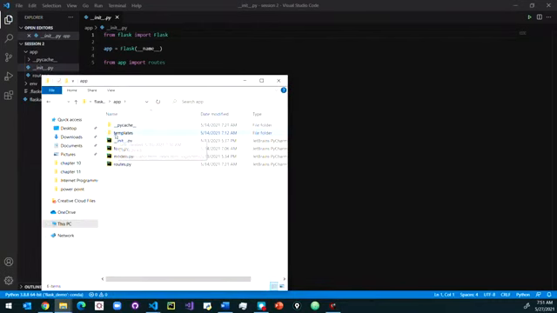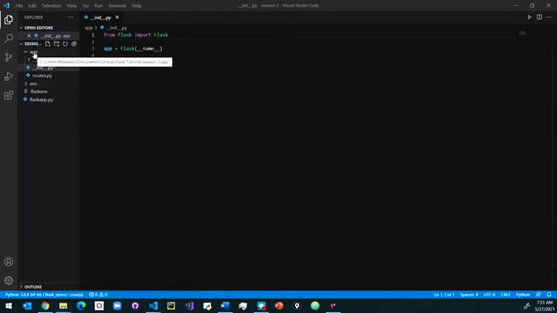Inside this app folder, I have created a templates folder, and inside it I'm going to keep all my web pages. So let's do that. Inside this app folder, I can create a new folder and name it templates.